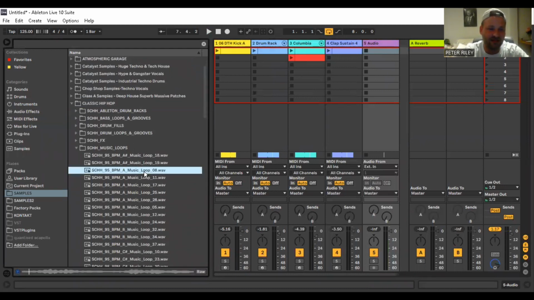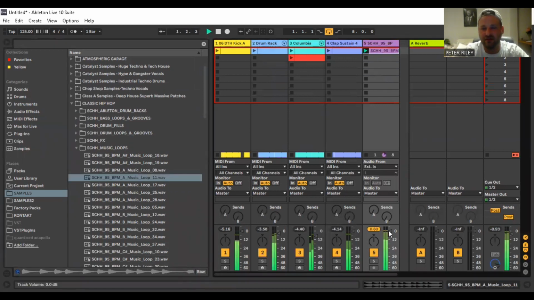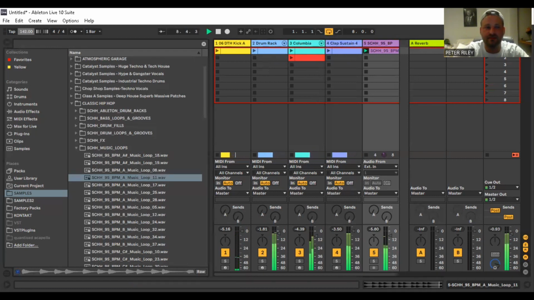let's take this music loop. It's probably going to sound bad. You can just drag it in and use it. As I mentioned earlier, if you got the timing right with that timing bar at the top, this will fit right as well. We need to change the tempo, but